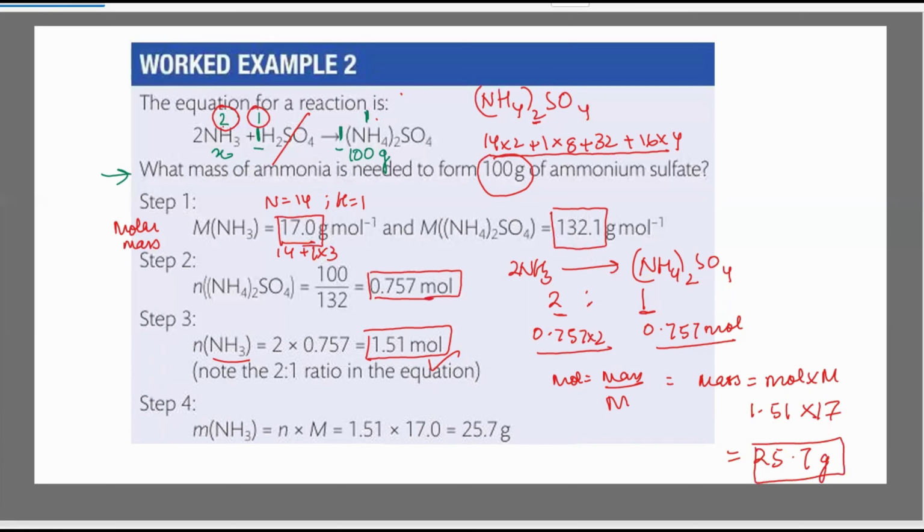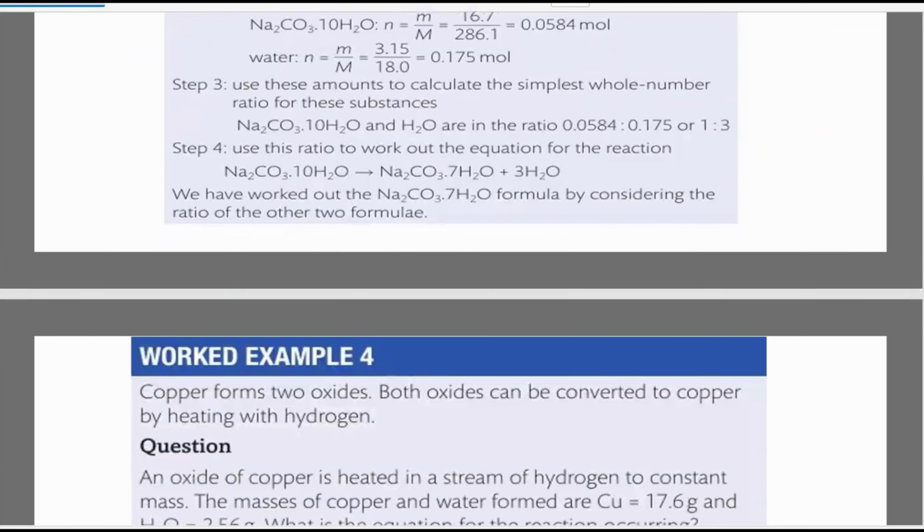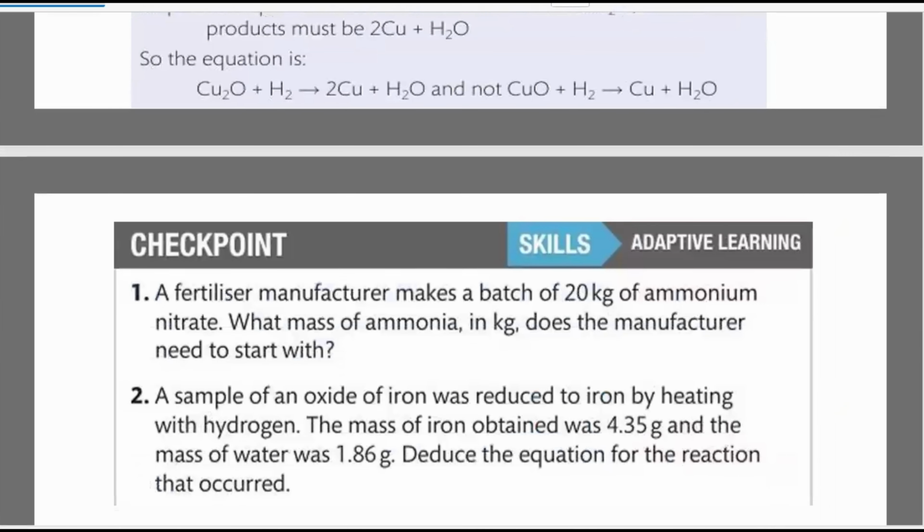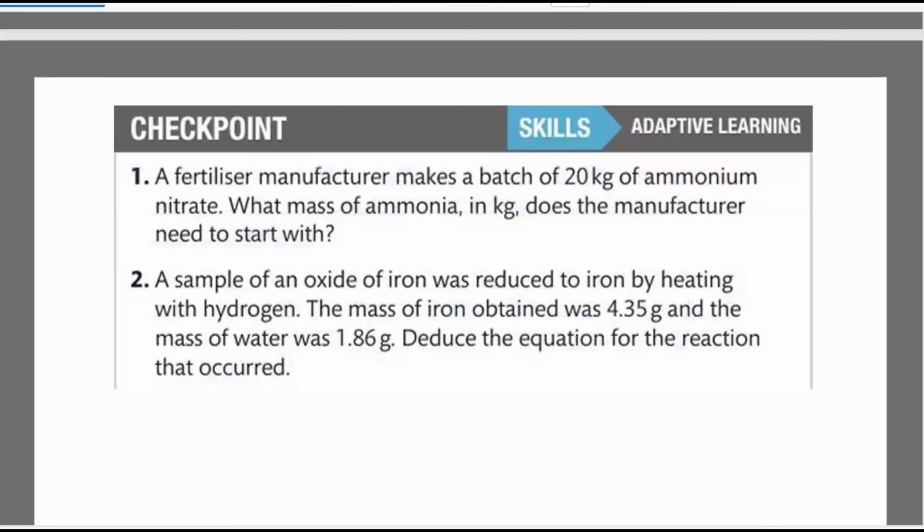I hope this much is clear. So it's very simple. We have to calculate the molar mass very carefully. We have to ensure that the equation is balanced. Then we have to take the same ratio and put it in the formula and proceed with that. Okay, fine. Have you taken the snapshot, or have you copied down the solution? Now, before I move ahead here, there are two questions. Take the snapshot of this question.